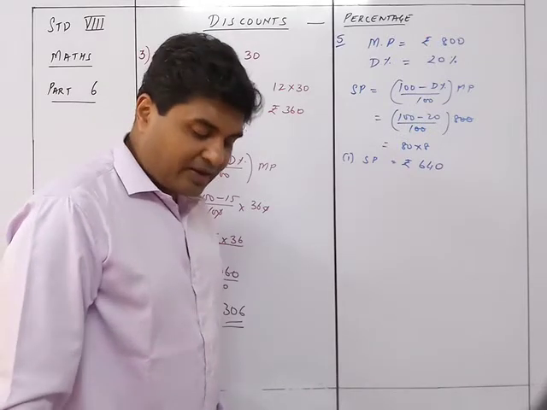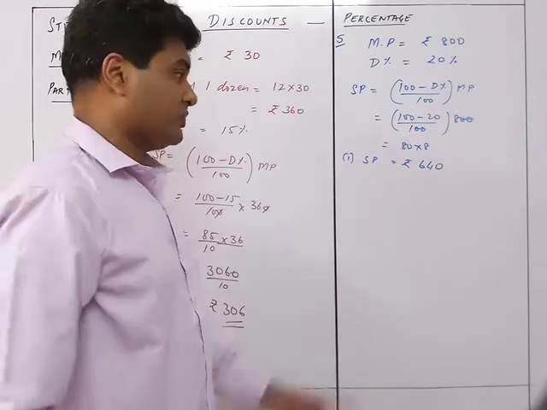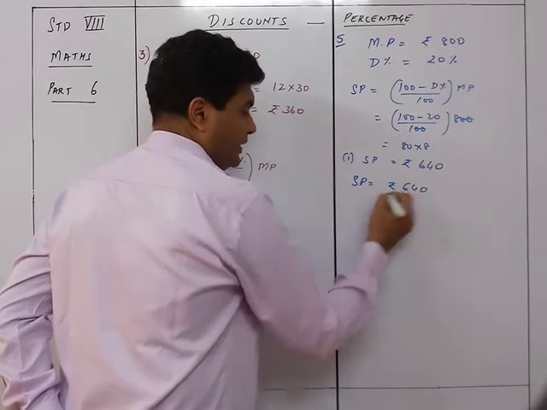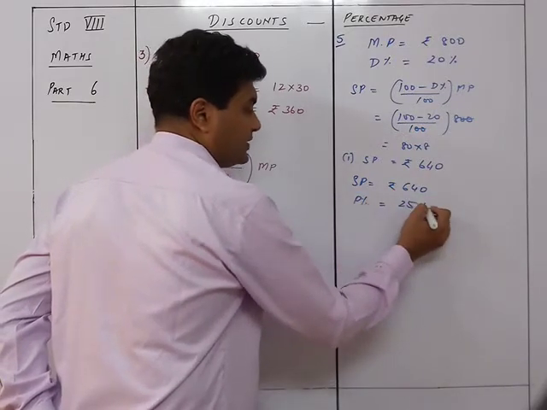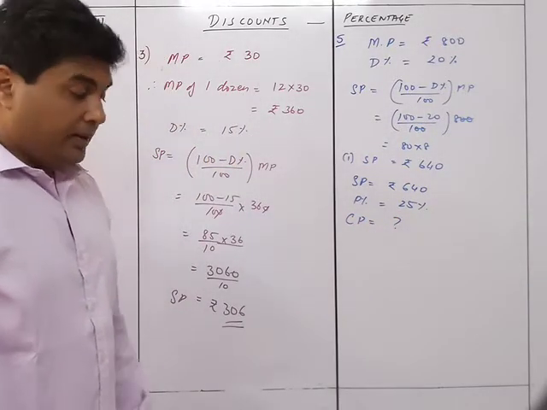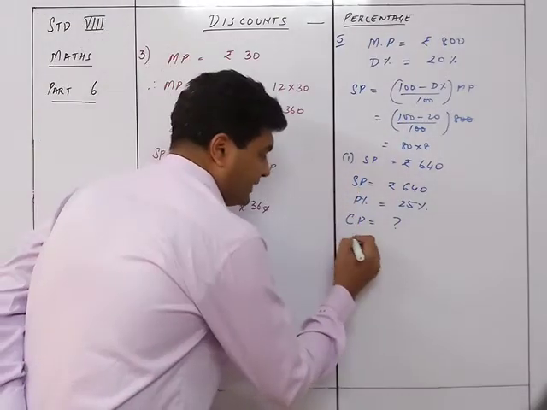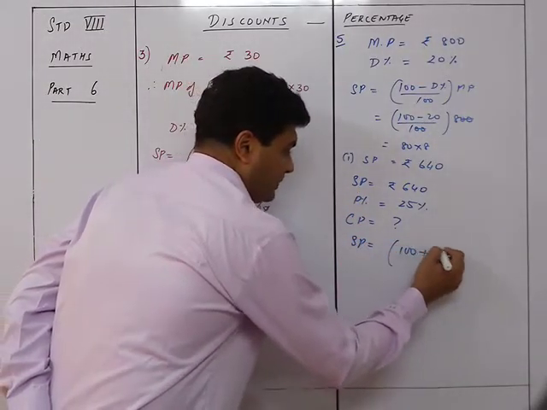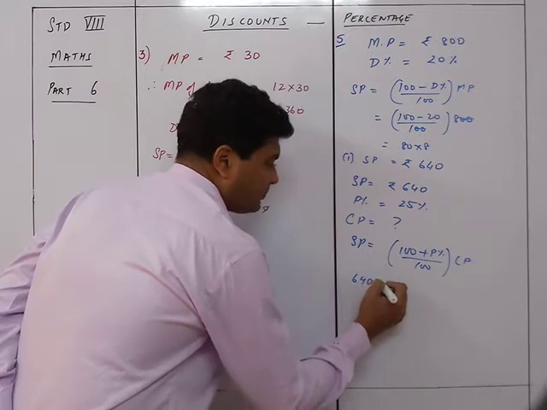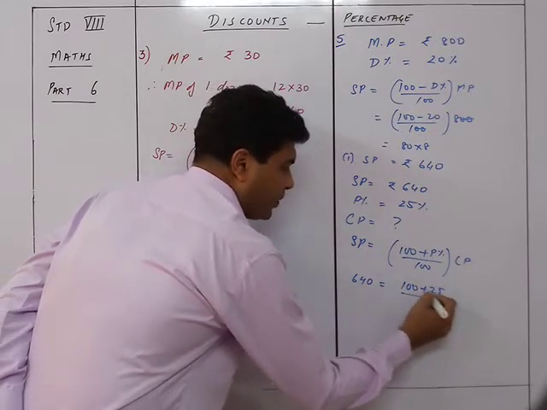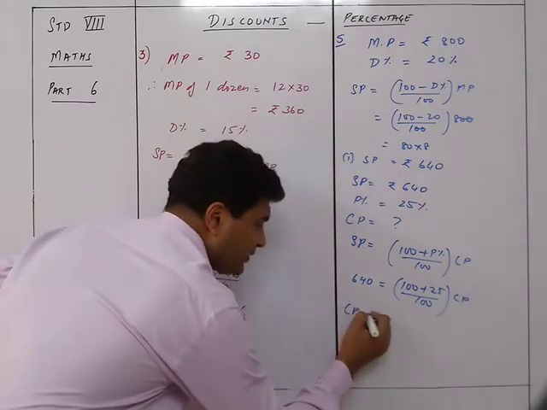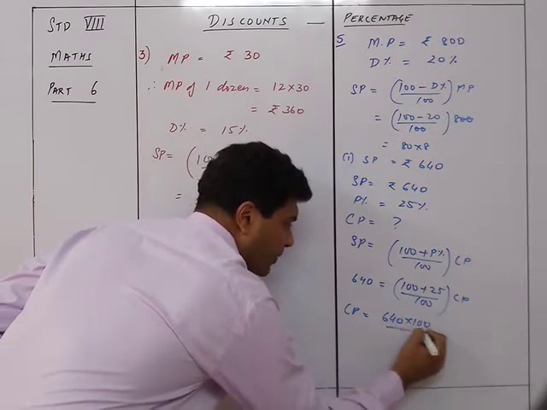The next is the cost price of the article if he makes 25% profit on selling it. So now what is given to us is that the selling price is rupees 640. The profit percent is equal to 25%. You need to find out the CP. Okay, you need to find out the CP when it is given that the profit is 25%. So accordingly we have that SP is equal to 100 plus P% upon 100 into CP. Accordingly, we have over here 640 is equal to 100 plus 25 upon 100, the whole into CP, which we need to find out. So therefore, CP is equal to 640 into 100 upon 125.